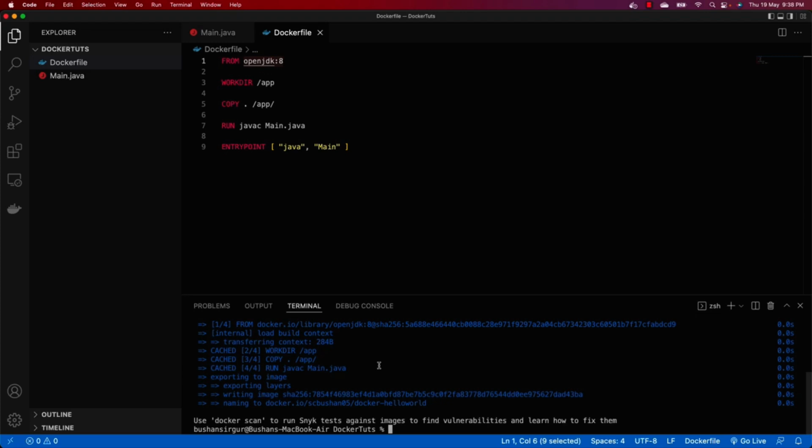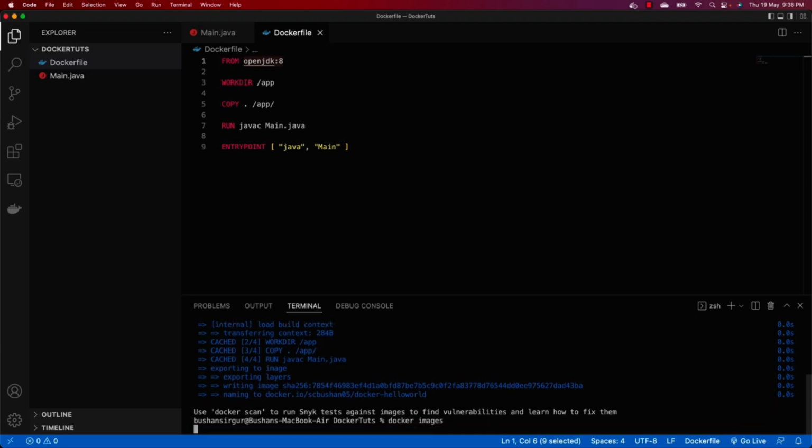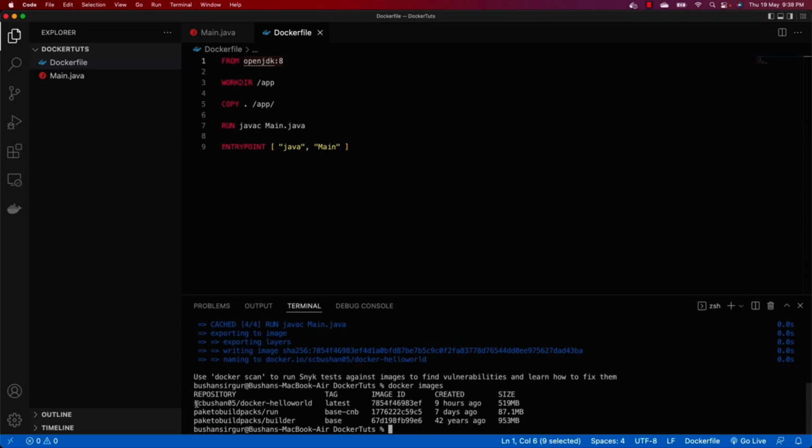check the created Docker images by running the command docker images. Hit enter. You can see we have the list of images which are present in my system. If you're running this for the very first time, then you will see only one image, which you have just created. I have a few other images as well. So right now we have this image